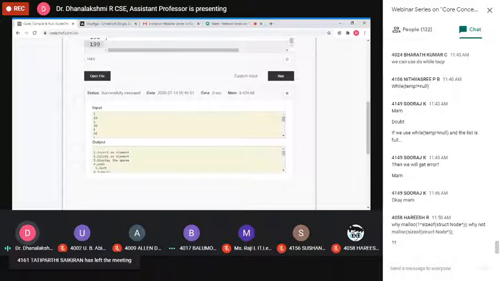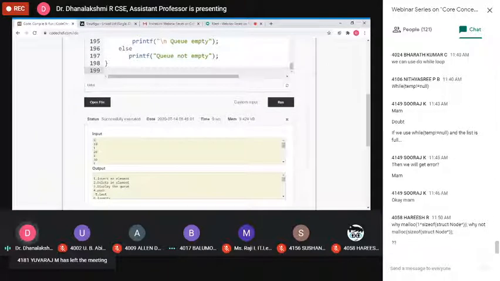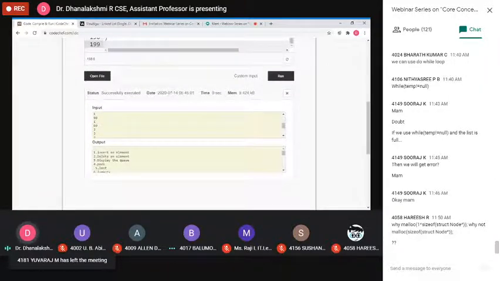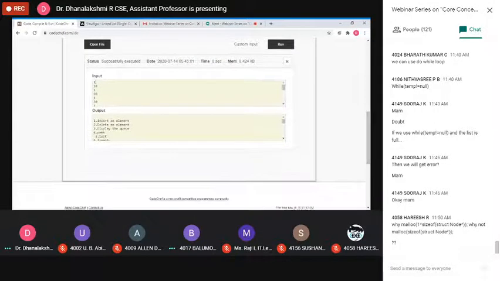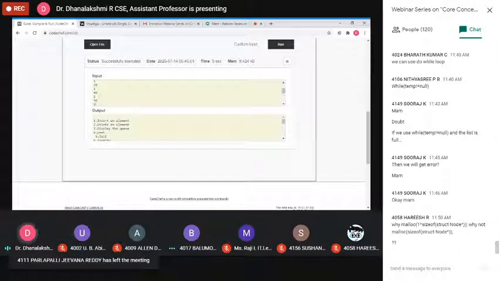I'm giving the first two operations. First option, insert the element 10, then the second element, third element, fourth element, fifth element.